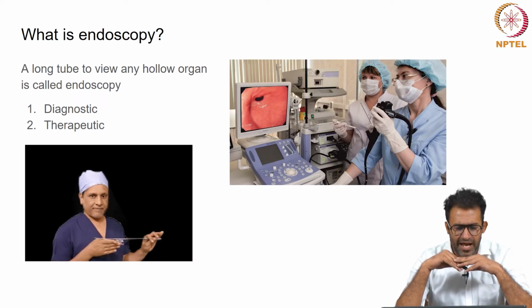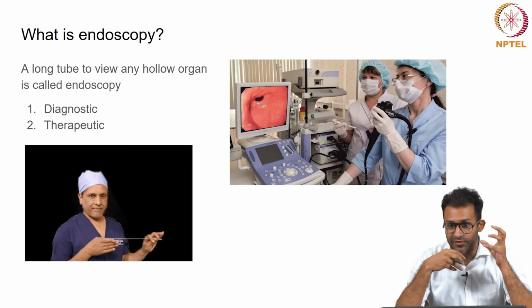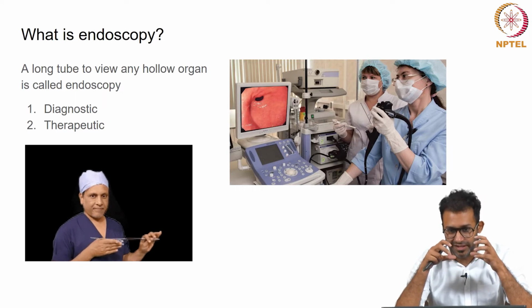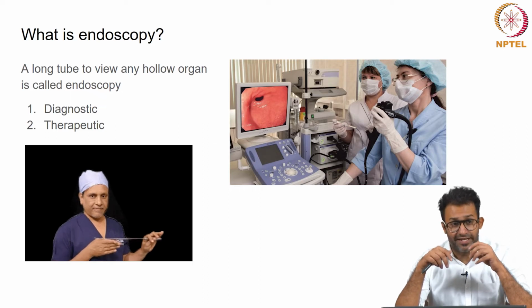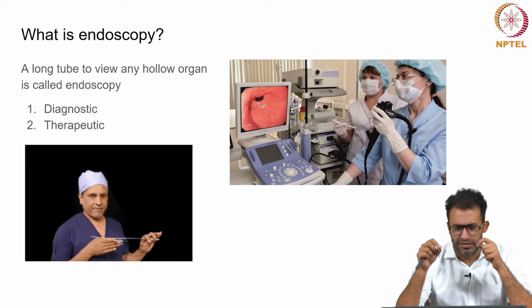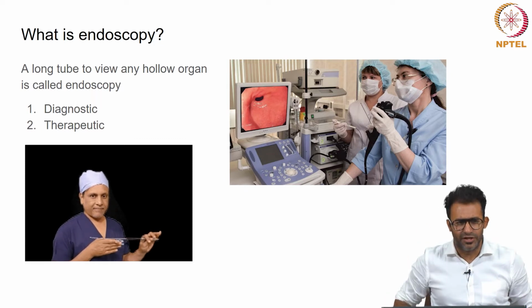And the definition of endoscopy is basically using long tubes to view any hollow organ. That hollow organ can be your esophagus, stomach, small intestine, large intestine. It can be your bronchus. Bronchus is the bifurcation of the windpipe. It can even be visualizing inside the abdomen, what we call the peritoneal cavity. So there are a lot of terms involved in this. A brief understanding of these terms would help you understand the entire industry and give you an overall outlook.